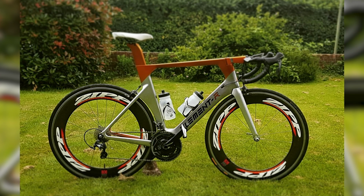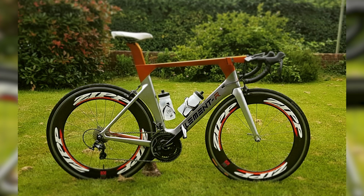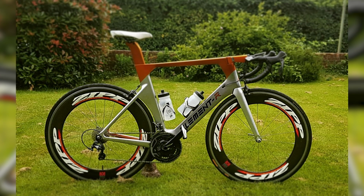I'll take a 6800 with a Quarq power meter. Please excuse the front valve not being centred. What do you reckon of that then? That stem and head tube looks interesting, doesn't it? It's more like a time trial bike. I mean, that looks seriously aero. I really like that top tube. It looks like a big stem bike as well, a big old head tube on it. It's certainly a very aero-looking machine, but for me...